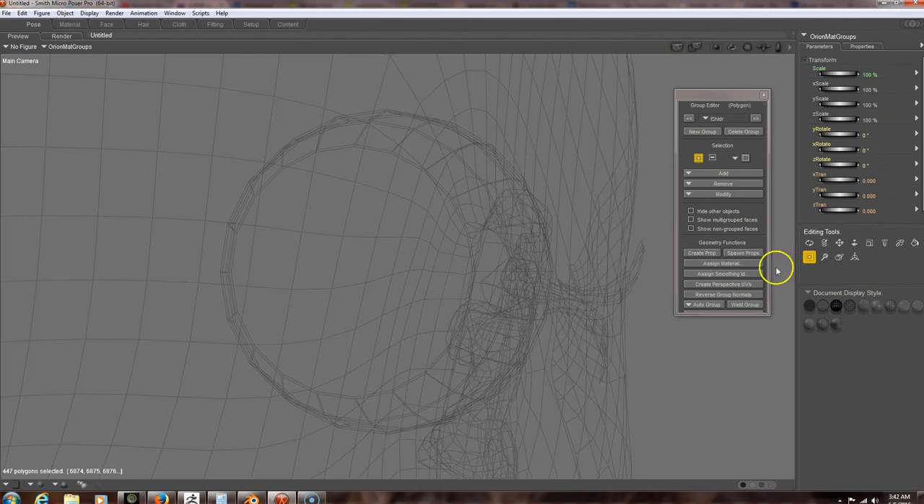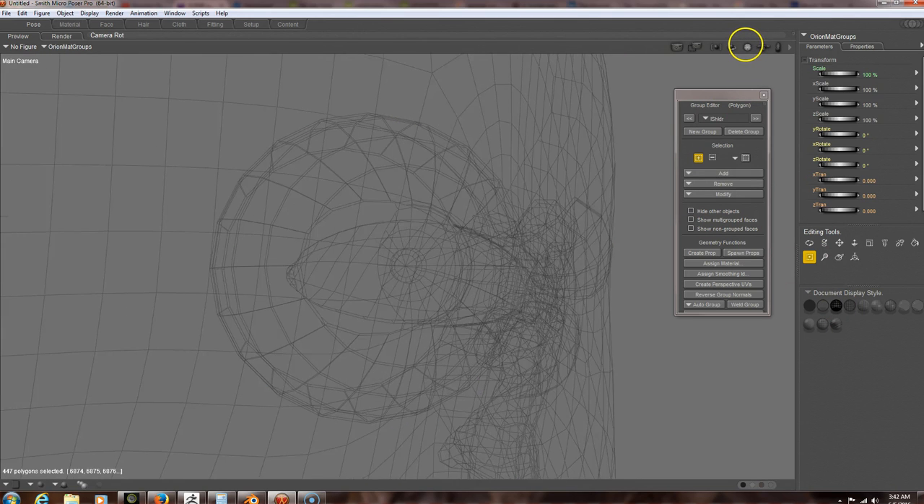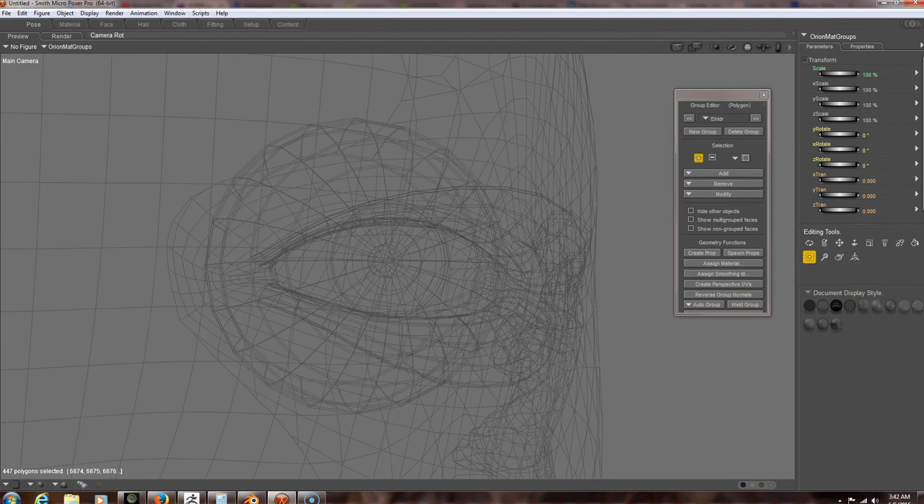You can use the wireframe, but then you can't really see what geometry, see all that stuff in there. I mean, that's a nightmare. But